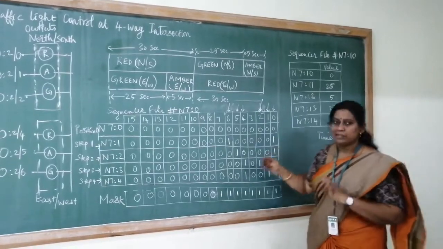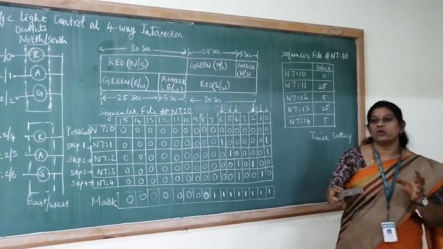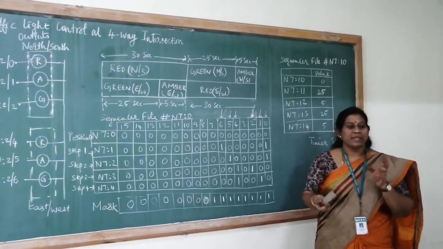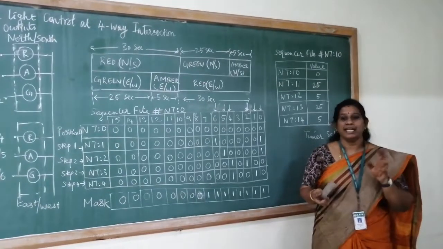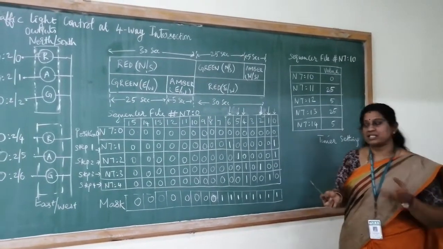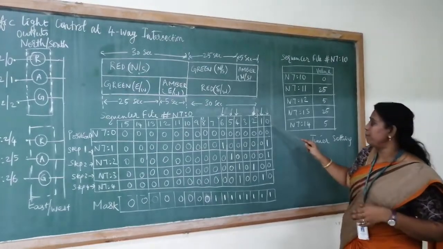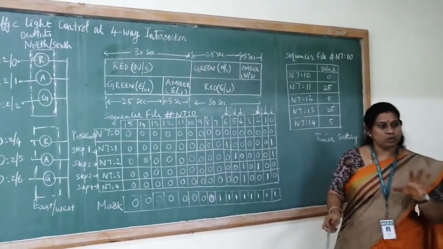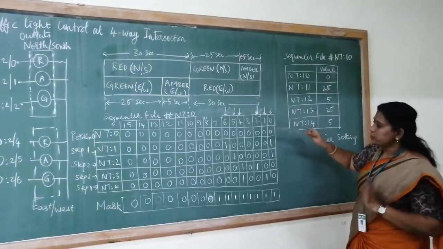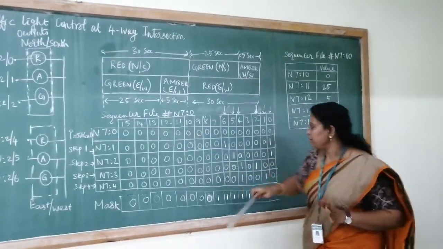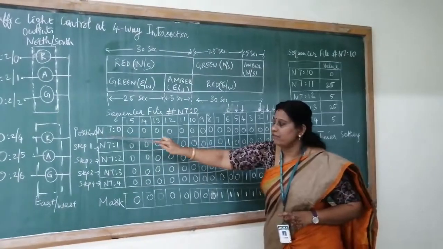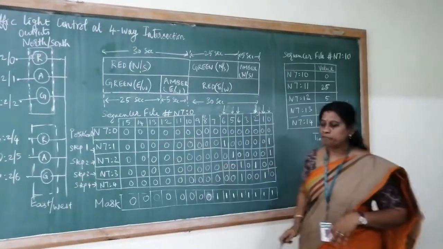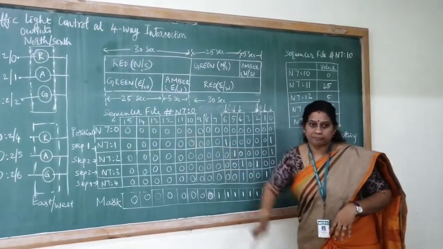To start with, let us assume we have bits 0 to 15. Sequencer instructions in a PLC can be used to control 60 outputs sequentially. So let us take the same data: from bit 0, output 0 to output 15, although I am going to use only 6 outputs. To start with, I take the file N7:0 and set all of it to 0, because no outputs are connected and all the outputs are off here.